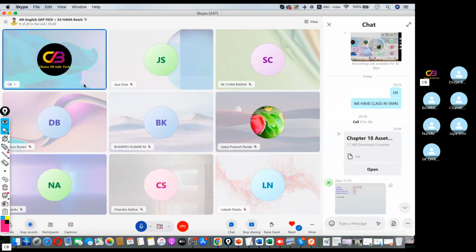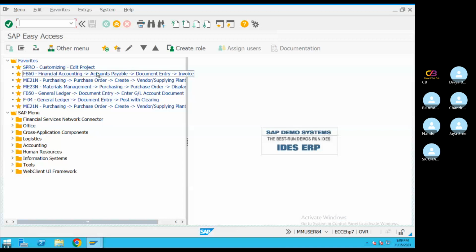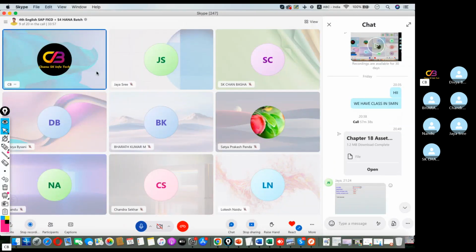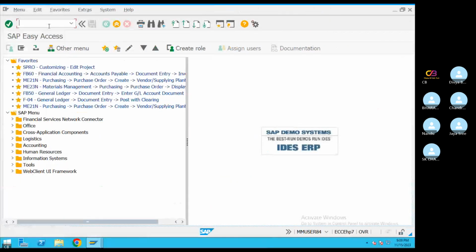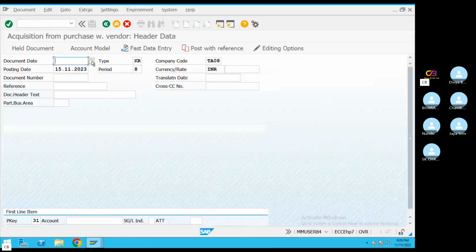So I want to buy these 3 assets at a time. One asset cost is 10 lakhs, 3 asset cost is 30 lakhs. I want to buy this building, land, building, furniture, plant and machinery from one vendor at a time. So how can we do this? So we generally use the F-90 T code. F-90. So by using this T code,